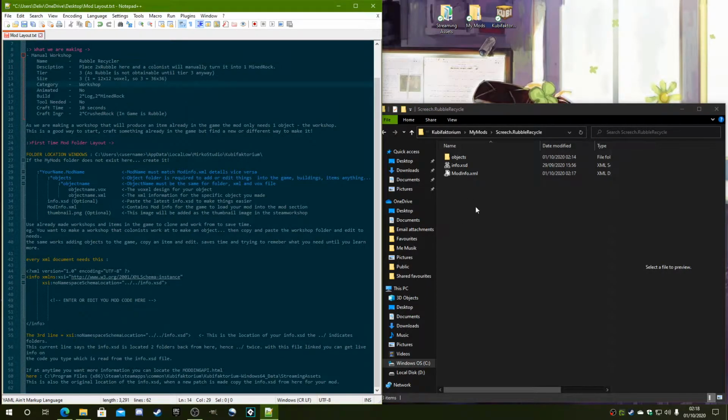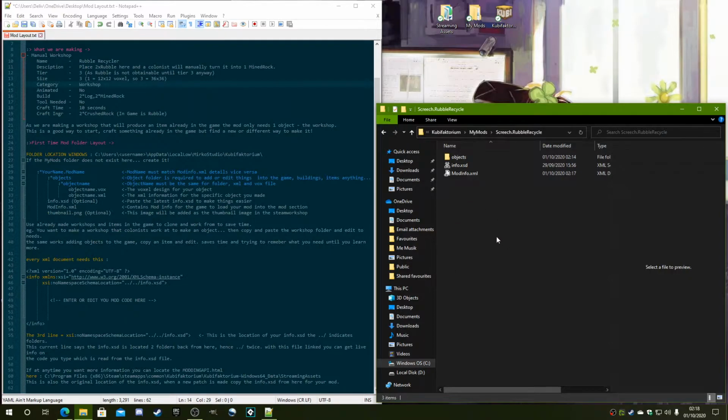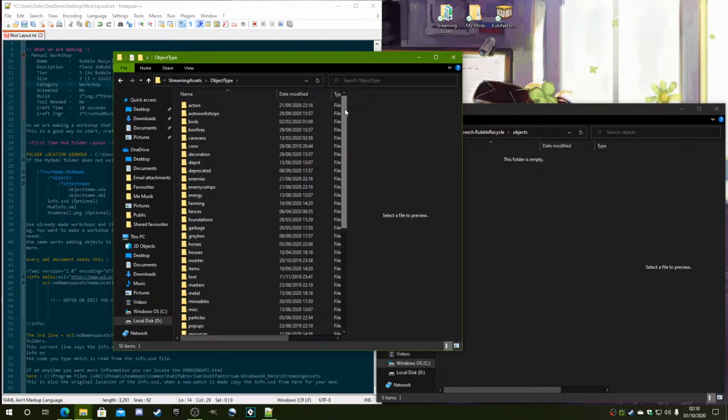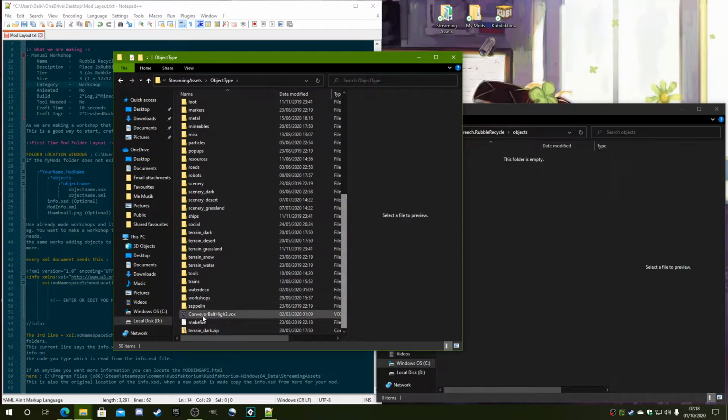So now we need to create our workshop. We've got the structure set up, we've got the name, we've got the mod info, we've got the info folder, and now on to objects. So now this is where the first part of it is easy. We're going to go to streaming assets. We're going to go to object type. Here's everything in the game. We would like to make a workshop,